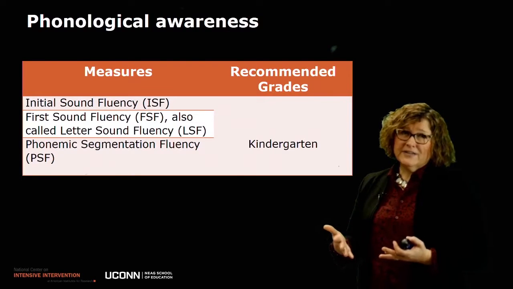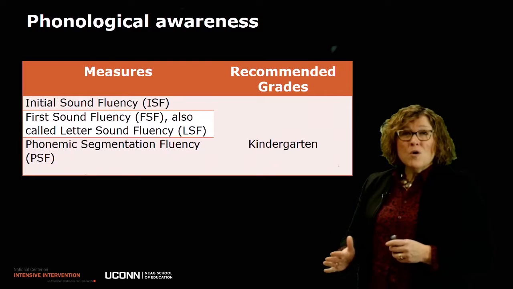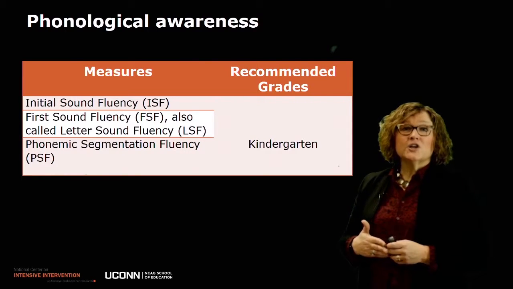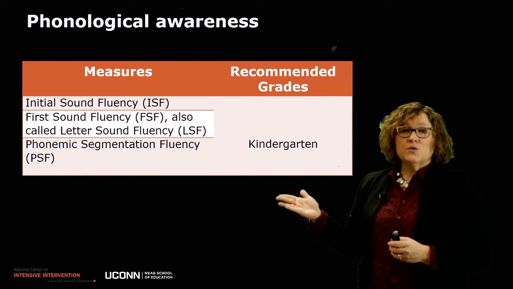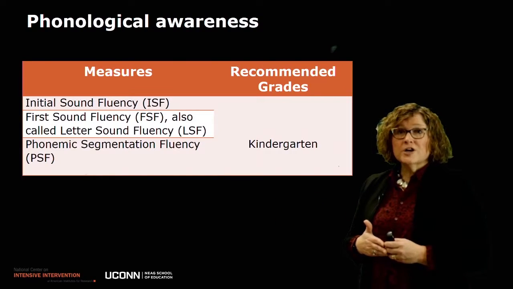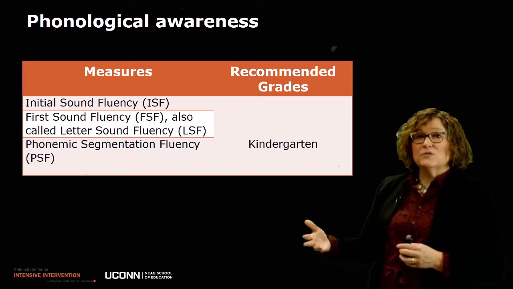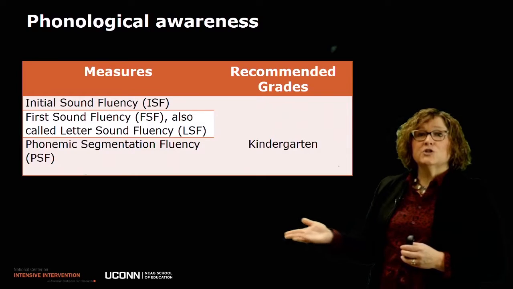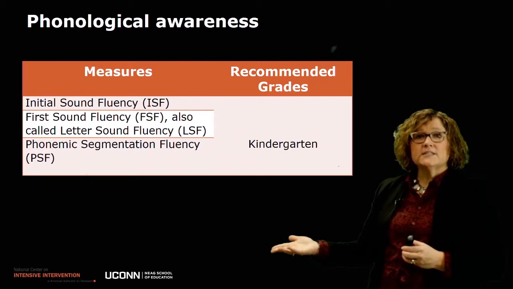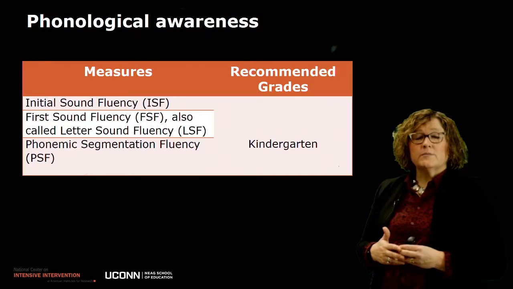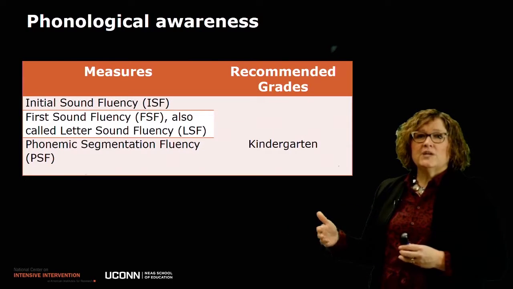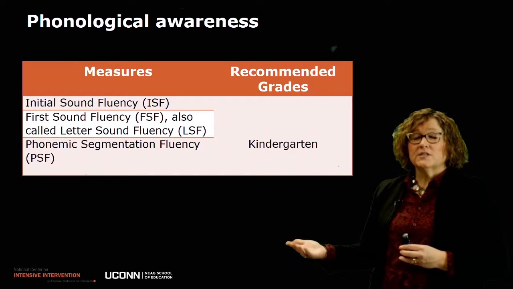Typically, these measures are given at the kindergarten level or for students whose reading is functioning at the kindergarten level. These measures are typically all auditory, so a teacher might give a particular word and the student has to say the sound they hear first. In some cases with letter sound fluency, the students may actually look at individual letters and say the sound, or in the case of phonemic segmentation fluency, we saw an example of that a minute ago, a word is provided to the student like cat, and the student has to say the sounds he or she hears, like k, a,